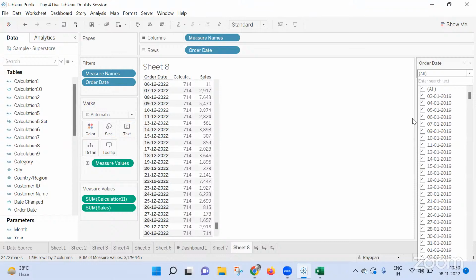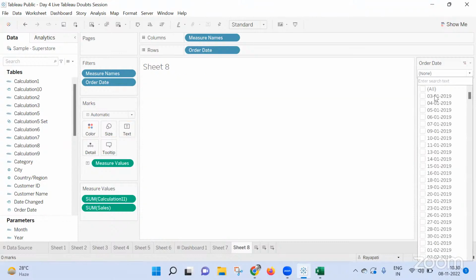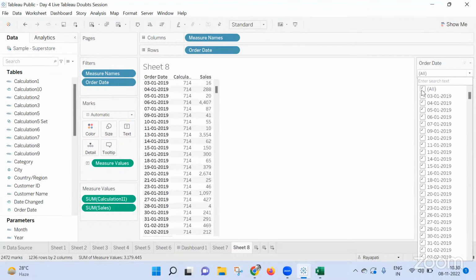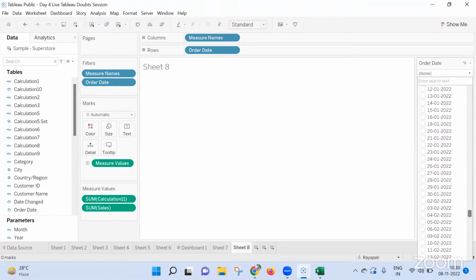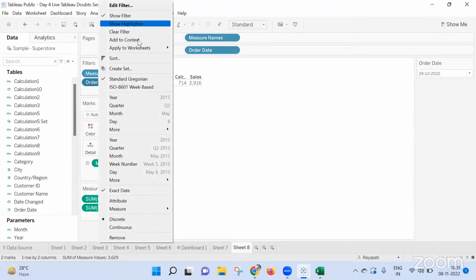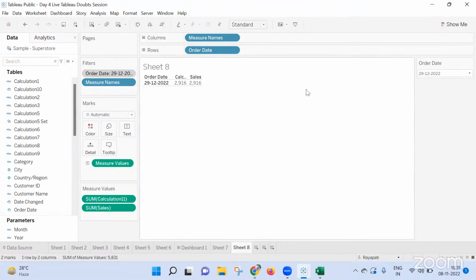Now when I select, 714 cannot be applicable to all the weeks, right? Because we selected. Okay, never mind. Now I'm going to the last and selecting 29. But still I am getting 714, because this is an LOD and the filter is not applied to it. So I'm adding this to context. Now if you go and see,